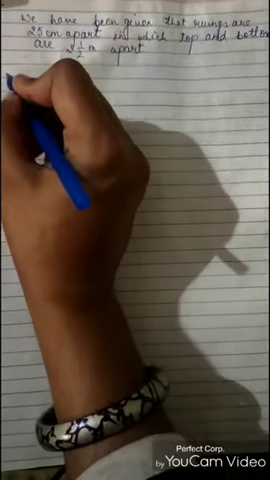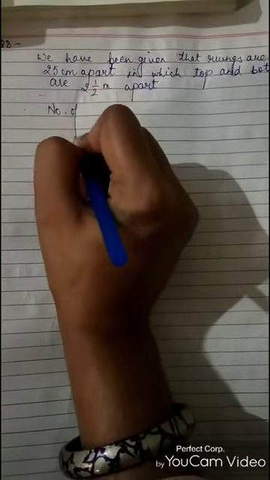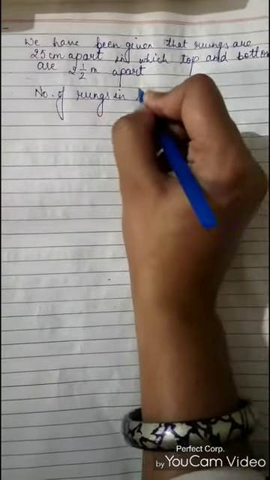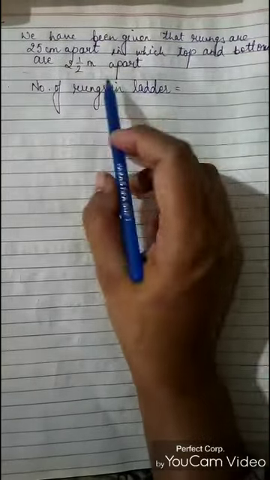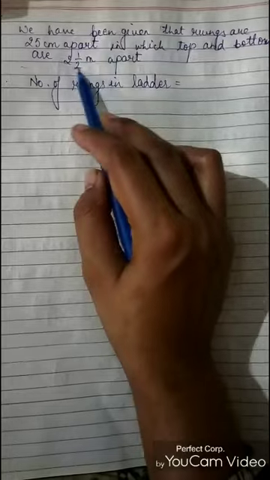Okay, so we'll say that number of rungs in ladder will be equals to, now see this is in meter, first we have to convert this in centimeter,